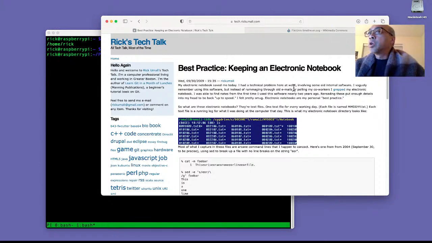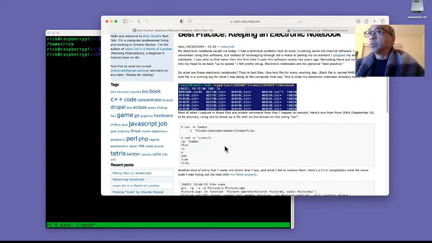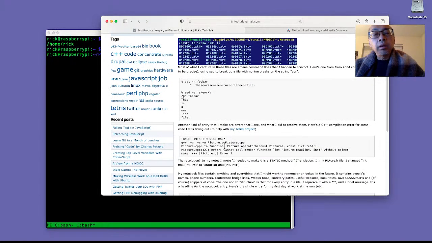The notebooks, though, I just mentioned them as a way to have a strong memory of what it is that you've done at the terminal or at the computer.